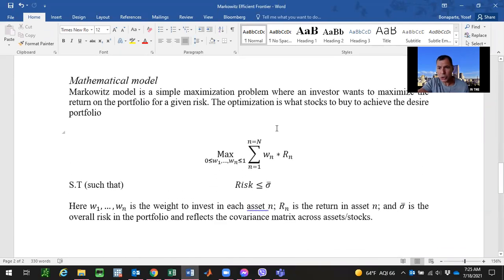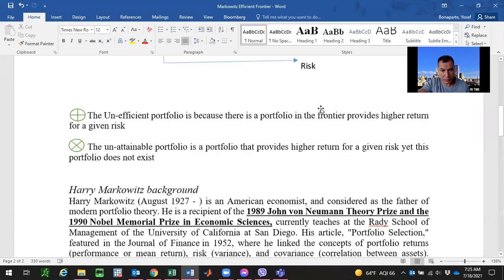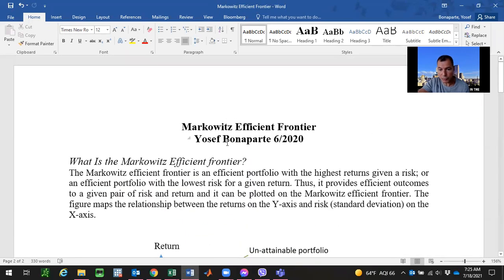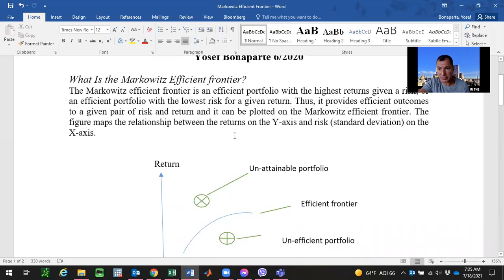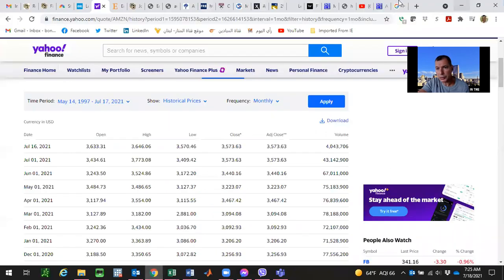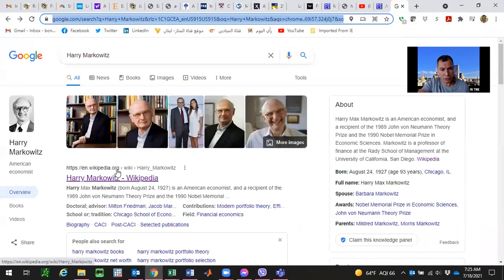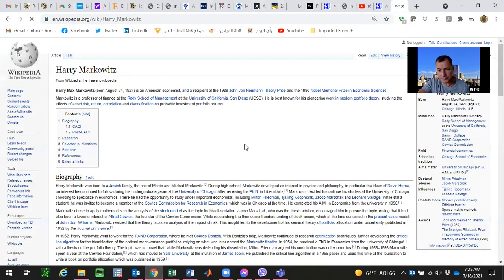John Nash is one of them, and you've seen the movie with Russell Crowe, A Beautiful Mind. So the reason you probably haven't heard about Markowitz is that there is no movie about him. But he's in the same class of scientists. Here are his pictures. Here is about his life. He's still alive,